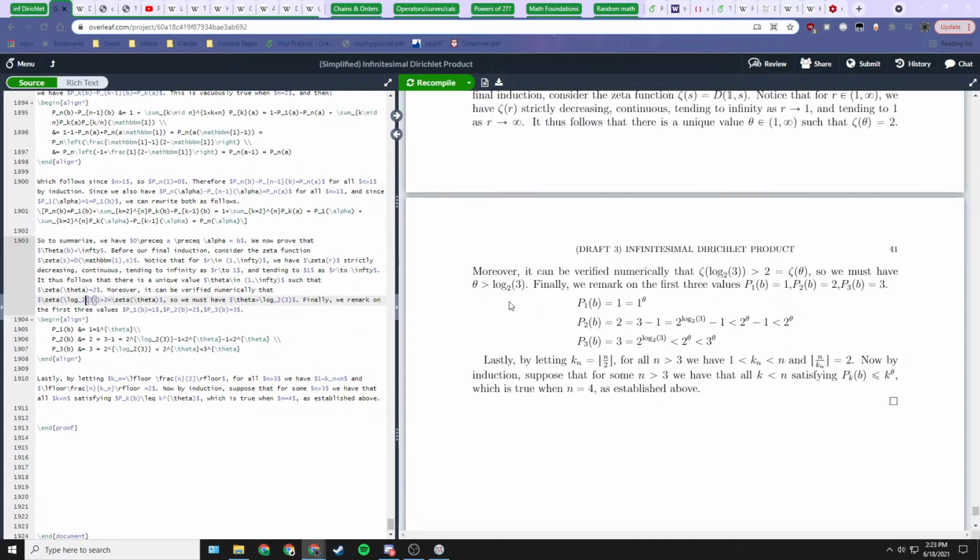Let's reverse this inequality so that it looks more intuitive. So I'll put theta on the right side. So log base 2 of 3 is less than theta. See computer black square, yeah. We could maybe do a little double check on that. But anyway,